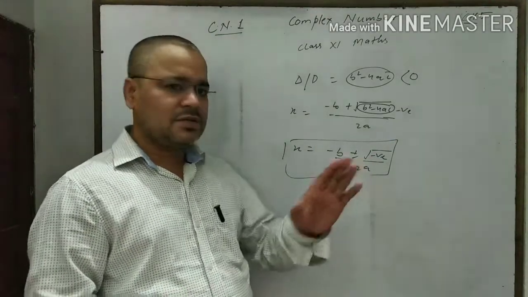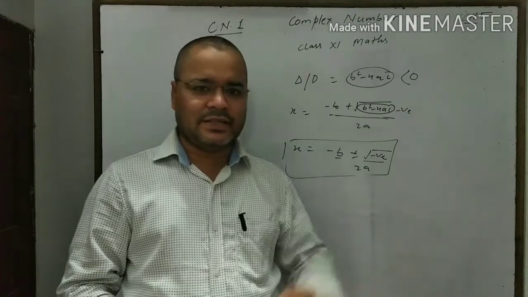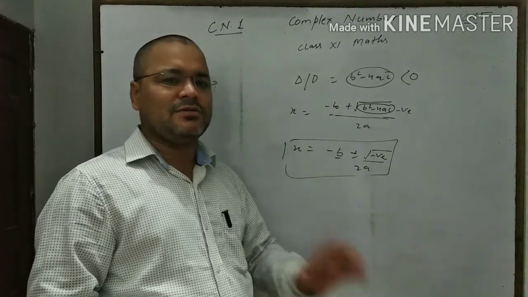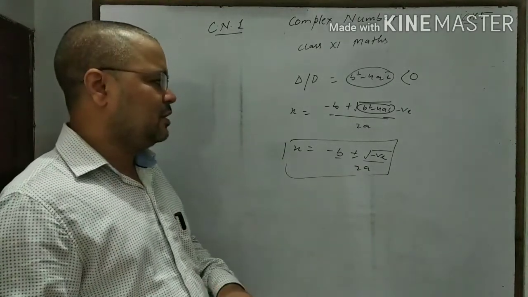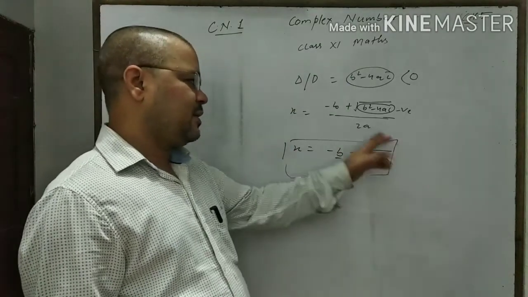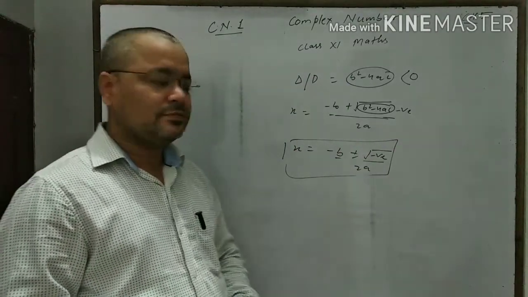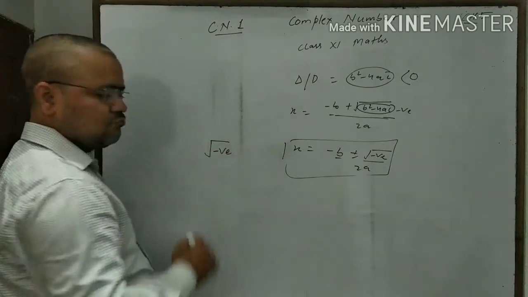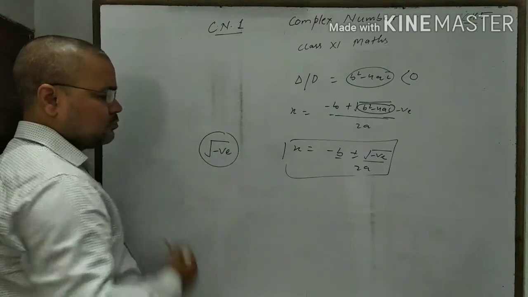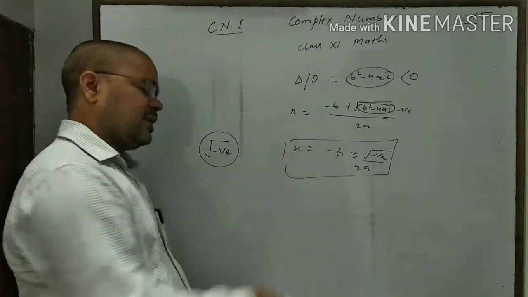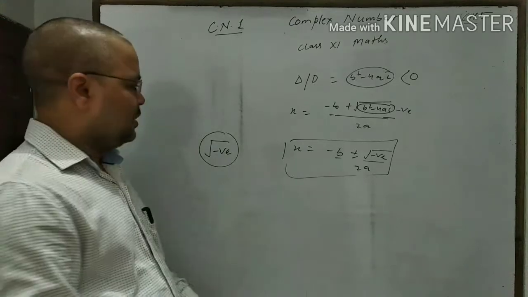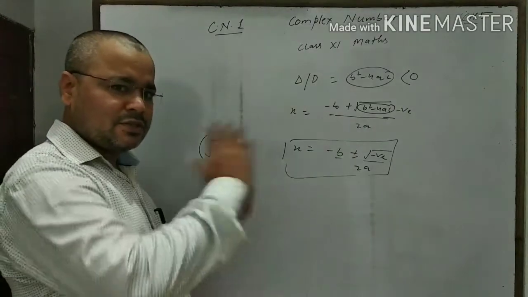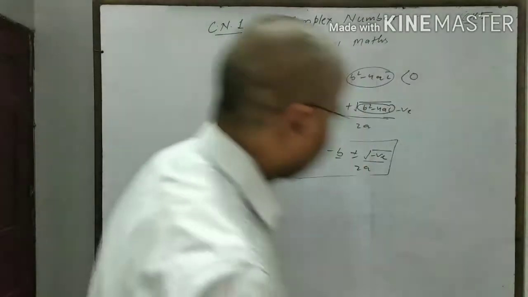And this was not in the syllabus of 10th class. But here in 11th class, now it is in our syllabus. When we discuss the quadratic equation, we will deal with this topic also. It means when the value under root is negative, this value is related to the complex number. This is the first thing which we relate from previous knowledge to this coming topic.